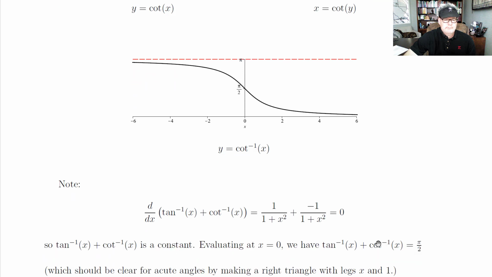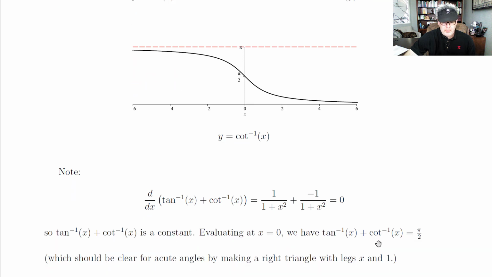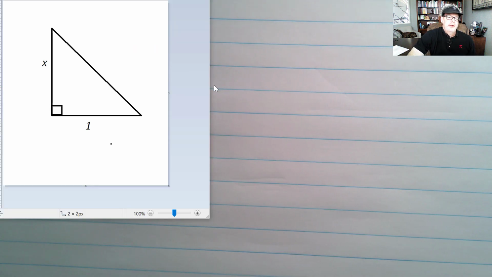Note, should draw the triangle probably, but if you draw a triangle, so here's a hastily made right triangle, and if we look at, say, this angle, it would be arc tangent of x, opposite over adjacent would be x. This other angle would be arc cotangent of x, adjacent over opposite. So arc cotangent of x plus arc tangent of x, these two angles add up to pi over 2. So you can see it in acute right triangles,